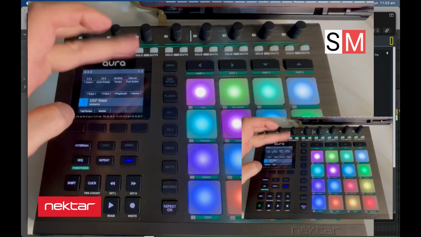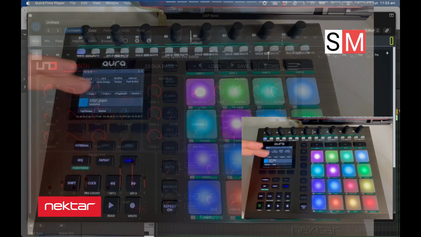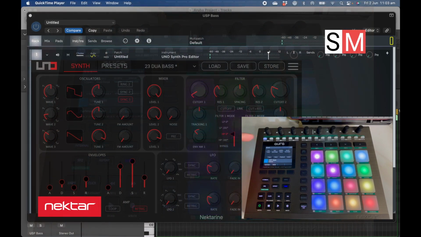There is an internal assignable foot switch. I can switch between tracks, and I can also switch between the patches that the plugin on a particular track. In this case, I've actually got the Synth Pro plugin running on screen, which you can see up on my screen there, and I've actually got the desktop version of the Synth Pro in front of me, and this is a really nice way of integrating the hardware synth with the software. In this situation,